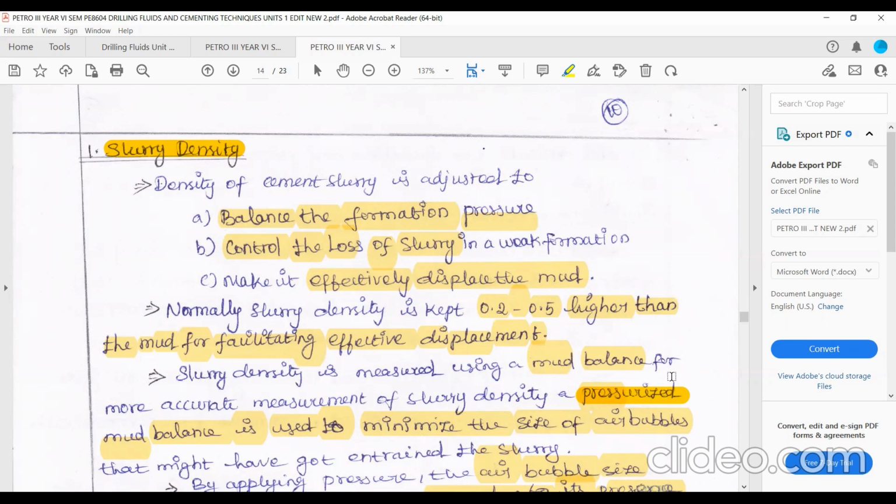It also balances the formation pressure with the help of mechanical stability and control of loss of slurry in weak formation. If there is a weak formation or a porous formation, the cement slurry could be lost, run away. We don't want that, so we want the thicker fluid. What we call thicker cementing fluid is high slurry density. And the third point is